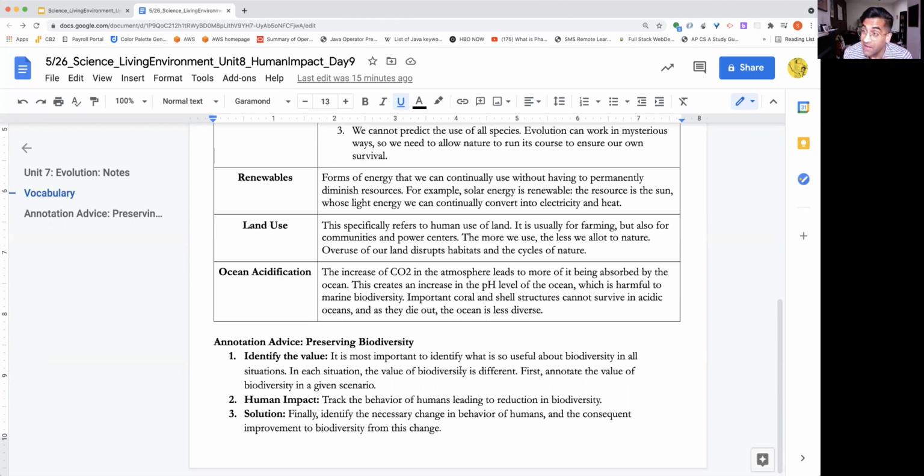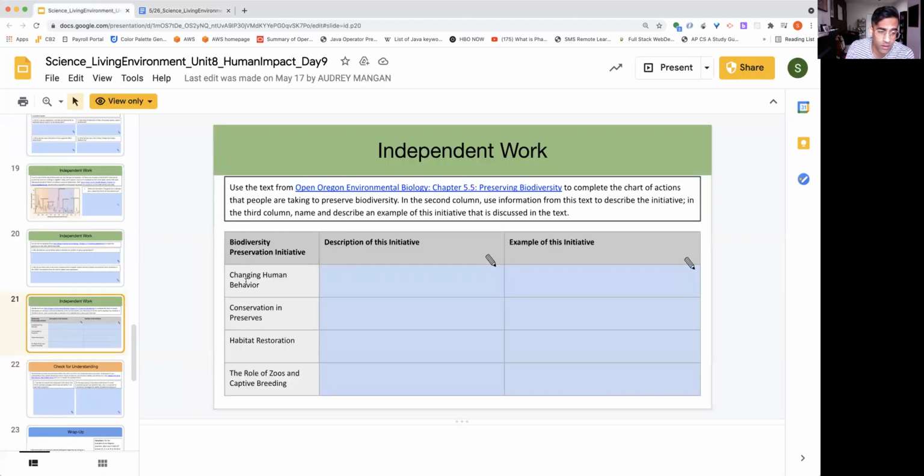The final thing, after you've addressed both of those things and you've annotated them, is you want to see the solution. You specifically want to understand how a change in behavior of human beings or human communities is linked to the improvement in biodiversity in a certain habitat. Now, if you do those 3 things, you'll be able to fill out the table for this independent work very well. So we're looking for changing of human behaviors, how that's an initiative, what are examples of that,